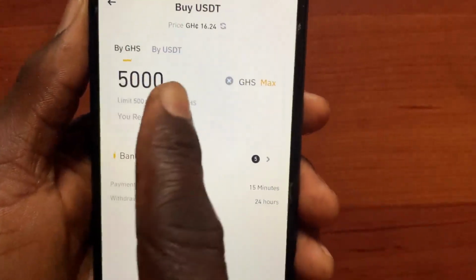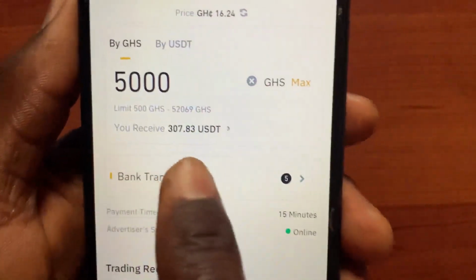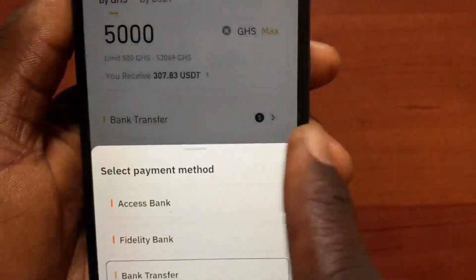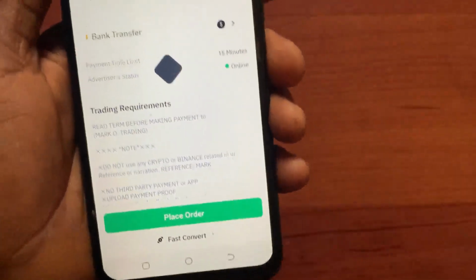After you tap on the buy button from the person's profile, if I give this person 5,000 of my currency, he will give me 307 USDT. So all you have to do now is tap on this bank transfer. Go ahead and now choose bank. If I tap on this place order button,